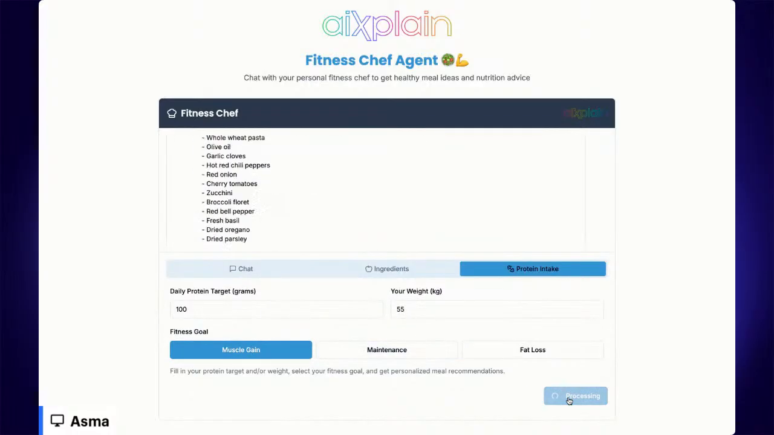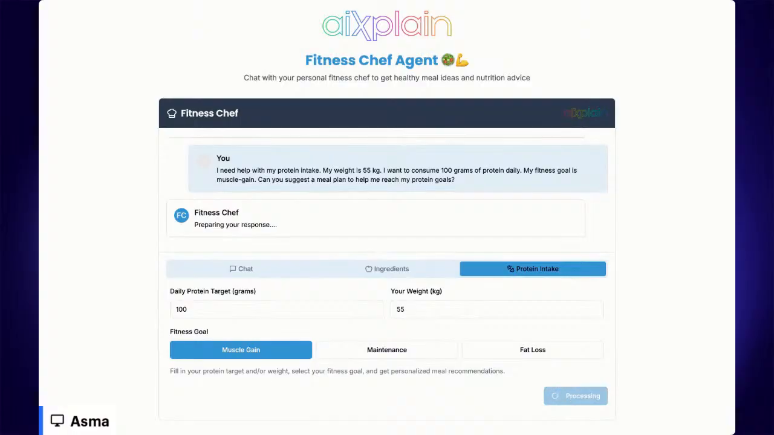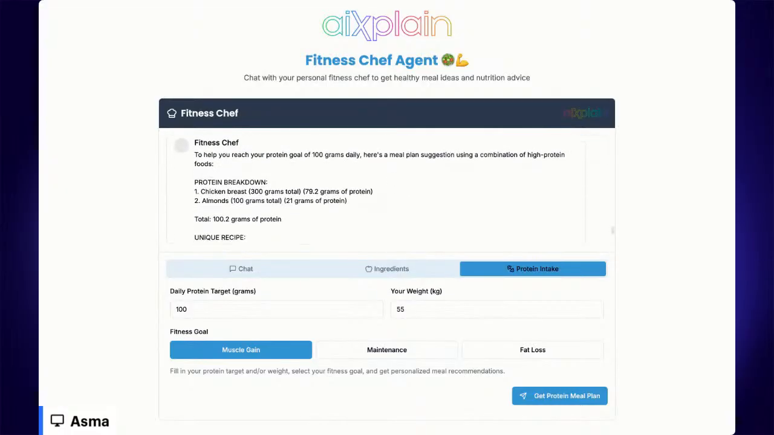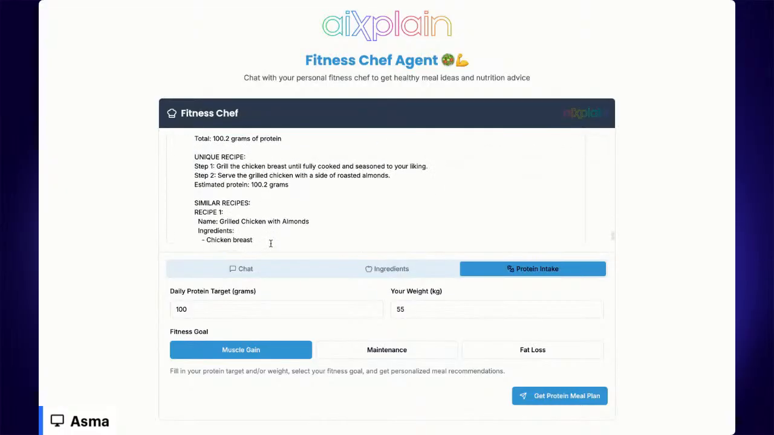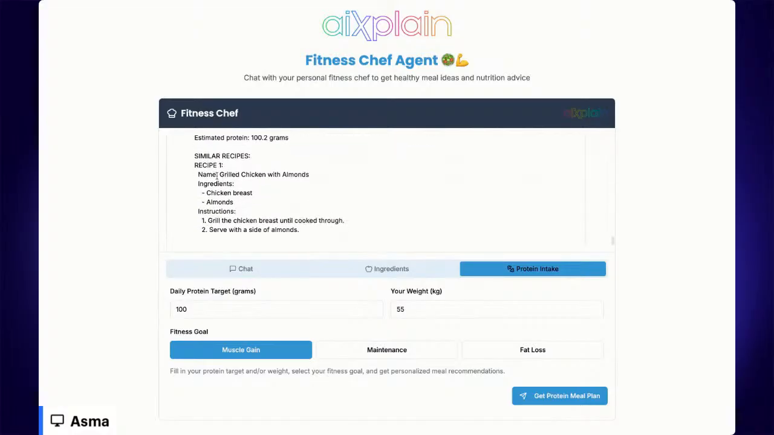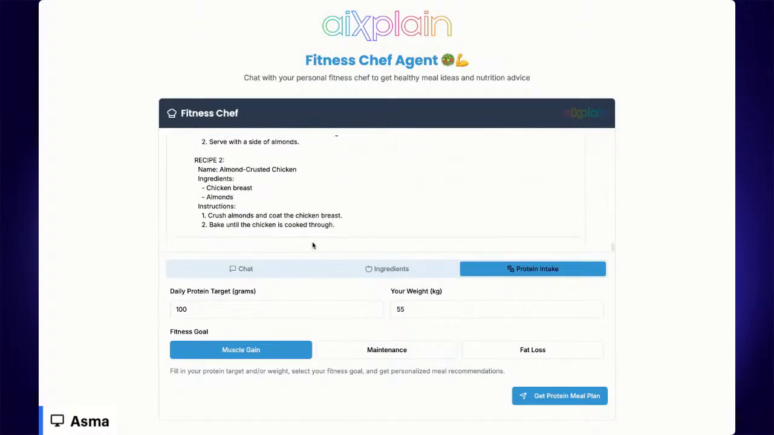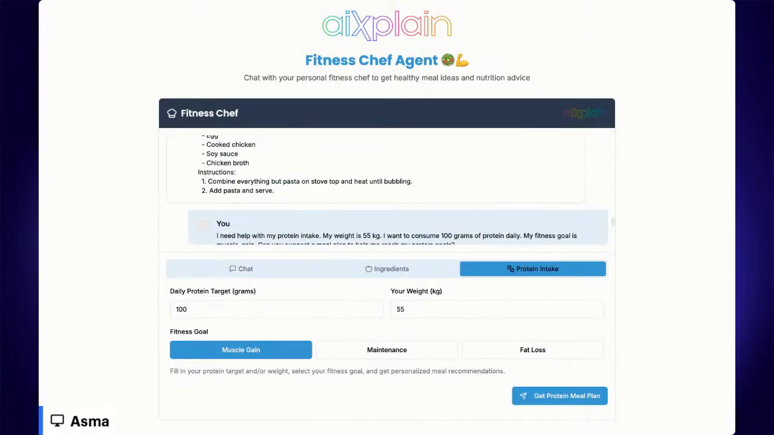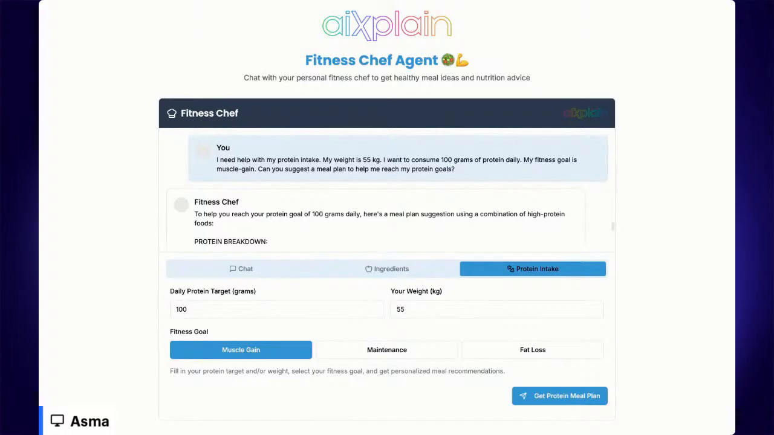And suppose I'm trying to get muscle gain as my protein, as my fitness goal, it's going to give you a bunch of recipes around that as well. So you could then use the recipes that are provided. Like over here, it said that you can use chicken breast and almonds to make a recipe, and obviously you would need to add some spices and stuff, but this is pretty cool because you can do this and meet your protein goals,